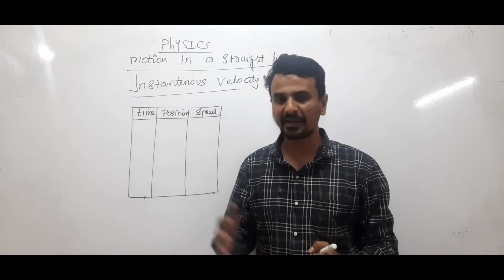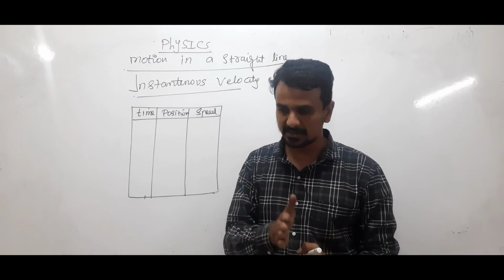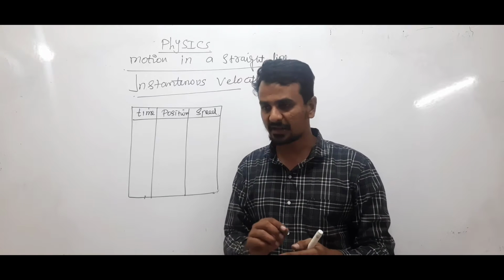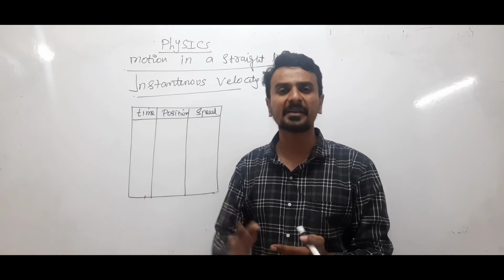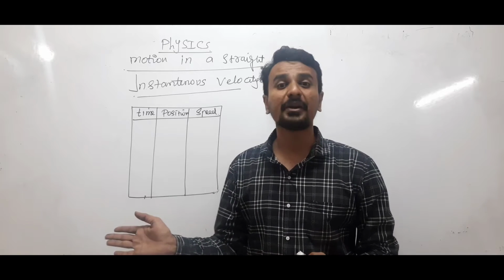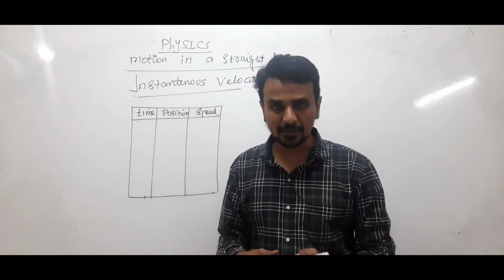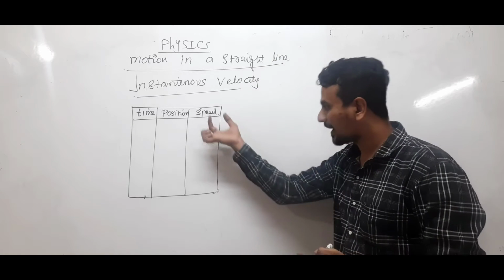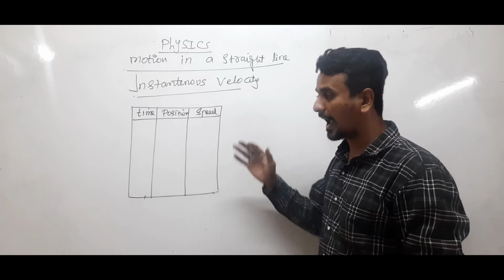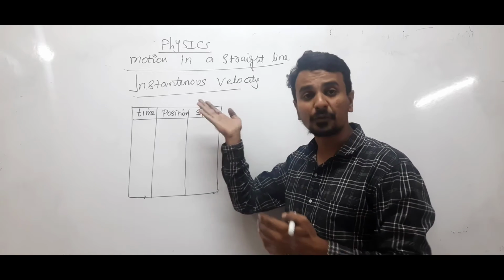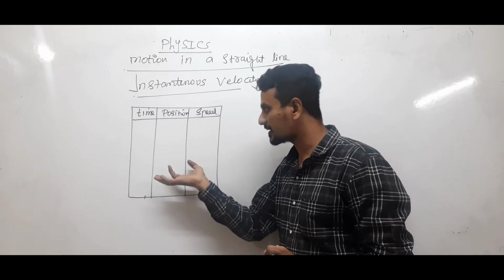One of my friends is driving a car. I am sitting beside him, taking readings of the speed at different intervals of time. What is the speed of the car at different instants of time? That means I am writing the instantaneous speed. So how do we calculate average speed from it? That is what I am going to explain by taking this example.